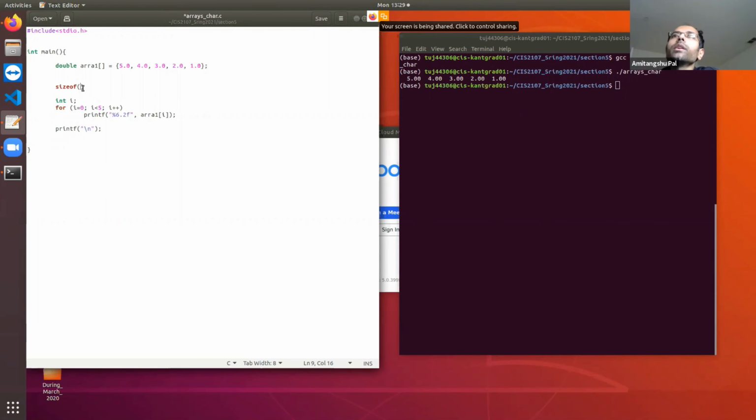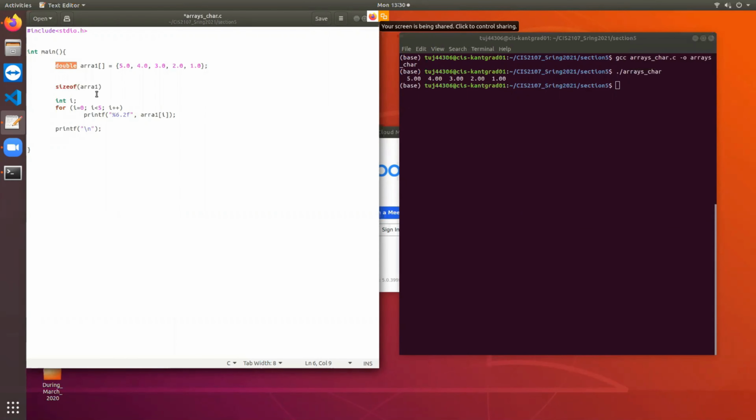Yeah. Similarly, if I type sizeof array 1, that means it is going to return the number of bytes allocated to the memory by this array, by this entire array. Okay. The number of memory space in bytes taken by this array. Okay. So then tell me, by using this sizeof function, can we find out a clever way of finding the length of the array? That means the number of elements of the array.